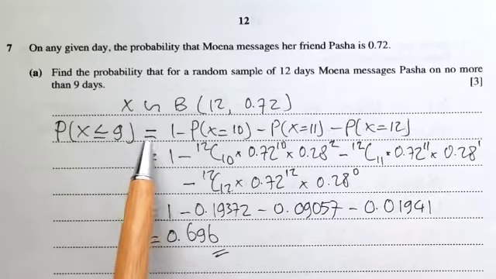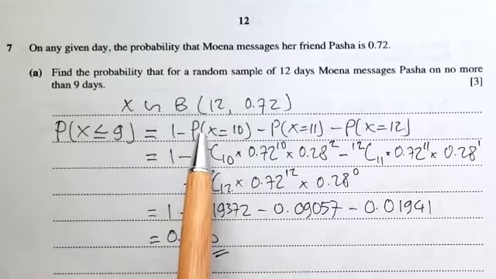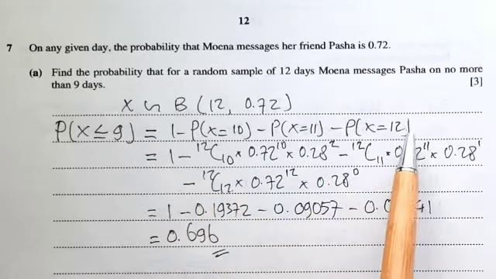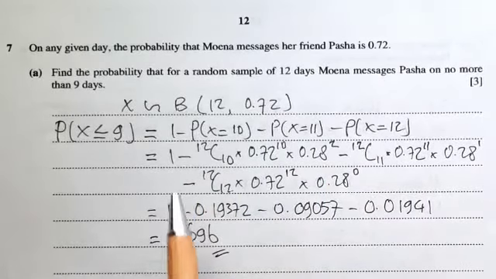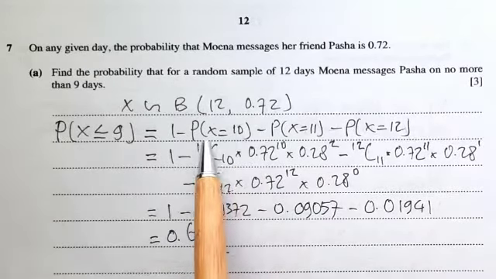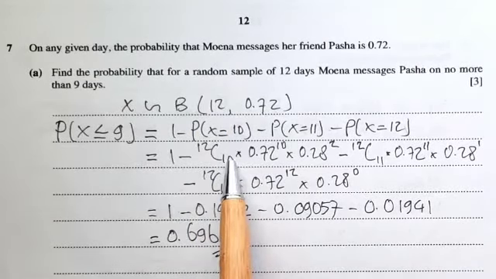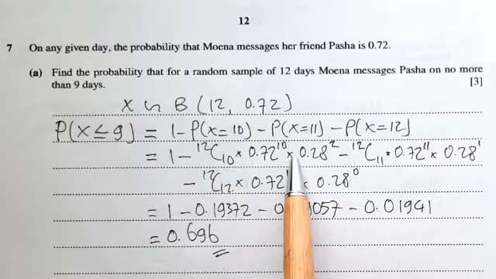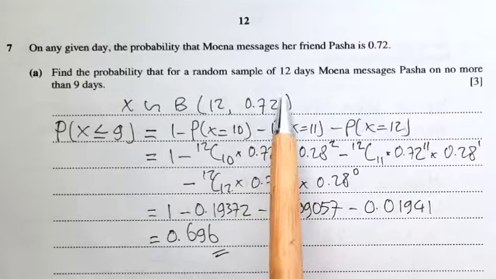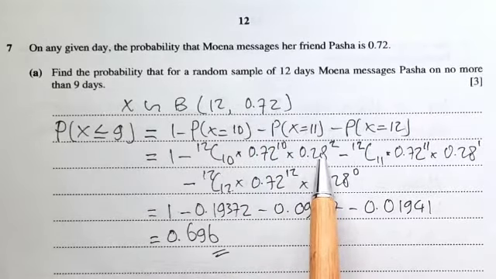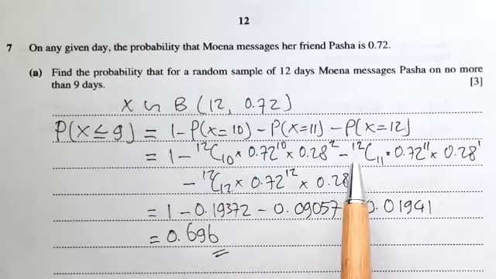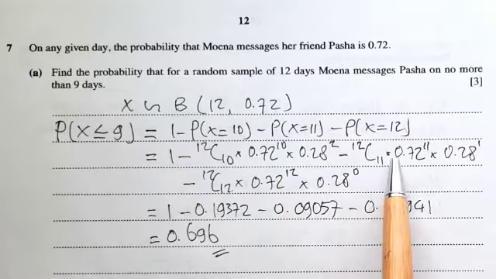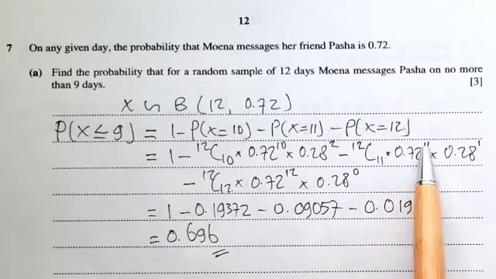That equals 1 minus P(X=10) minus P(X=11) minus P(X=12). Now P(X=10) is 12 choose 10 times 0.72 to the power 10 times (1 minus 0.72), that is 0.28, to the power 12 minus 10, which is 2. Minus P(X=11), that is 12 choose 11 times 0.72 to the power 11 times